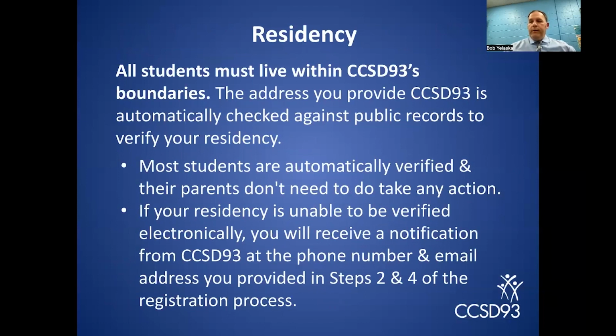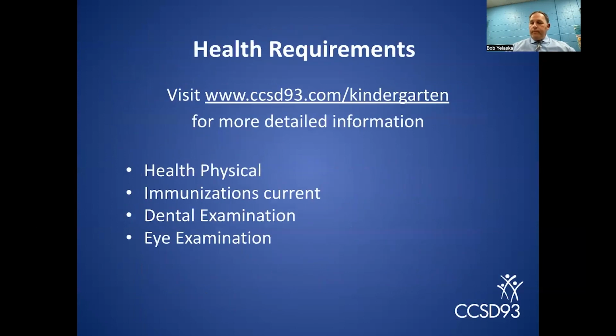All students must live within District 93's boundaries. The address you provide CCSD 93 is automatically checked against public records to verify your residency. Most students are automatically verified and their parents don't need to take any action. If your residency is unable to be verified electronically, you will receive a notification from CCSD 93 at the phone number and email address you provided in steps 2 and 4 of the registration process. Please see the district website for more detailed information,